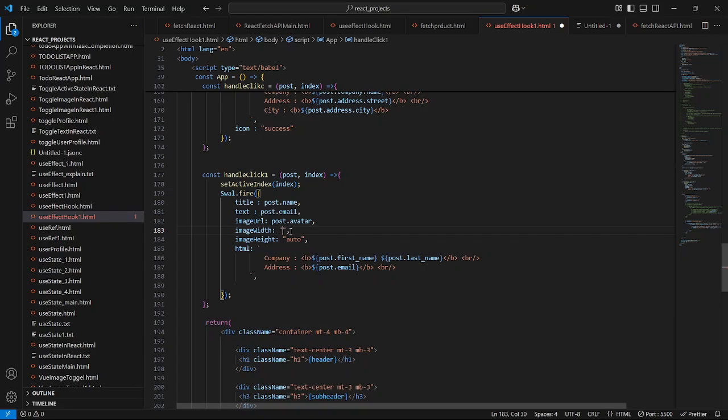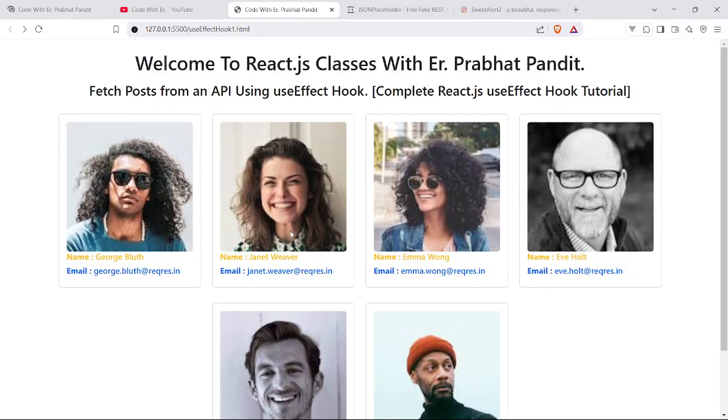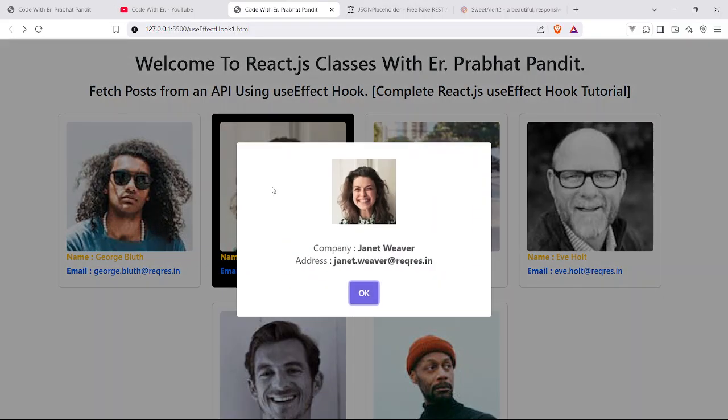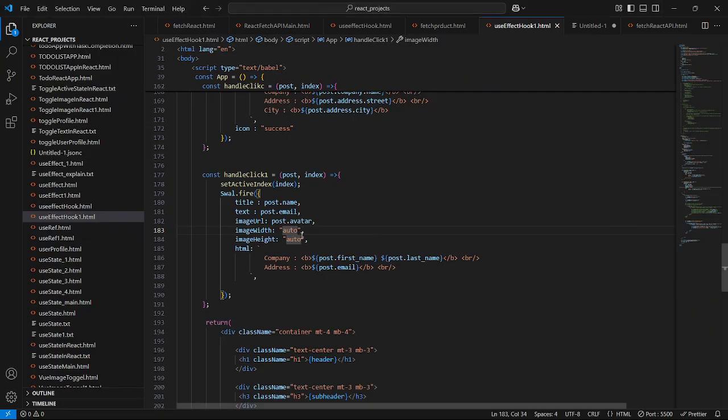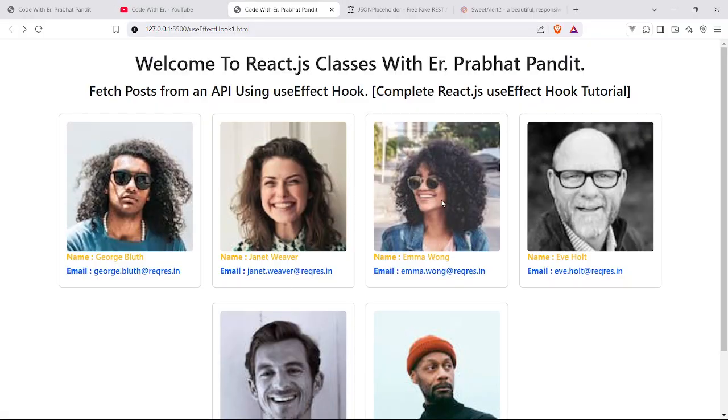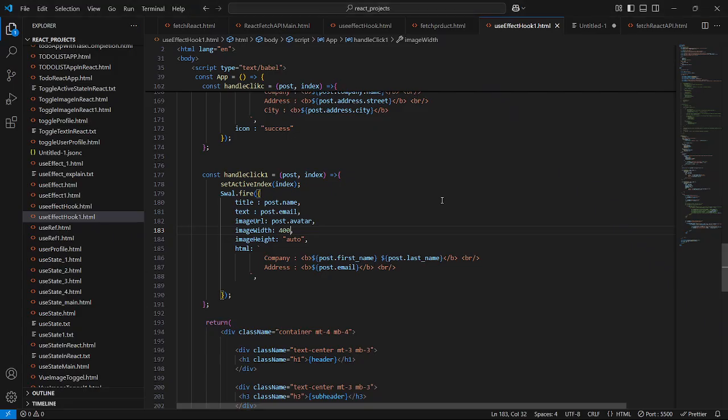I'll say here 100. Just give here auto only, no issue at all. Okay, so save our file, come to the browser and have a look now. Hit this profile. So see, let's just give here a width of 400 only. Okay, so now again click this profile. So see, guys, we can give here the